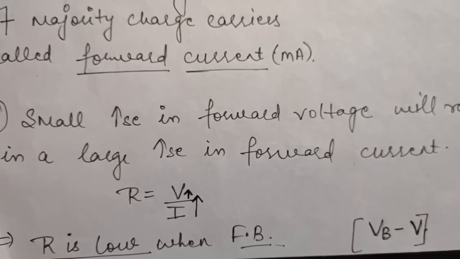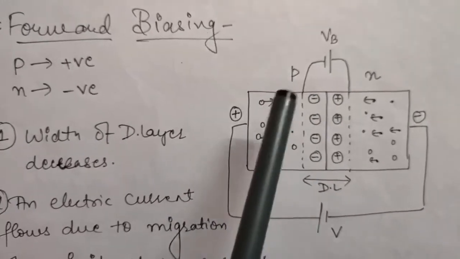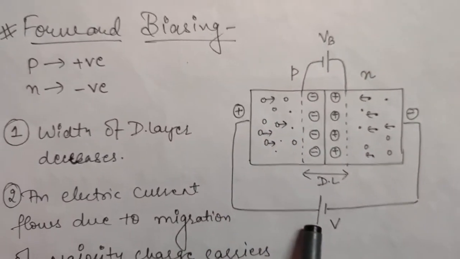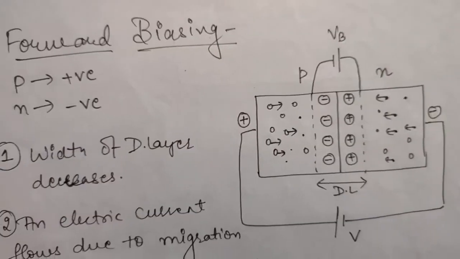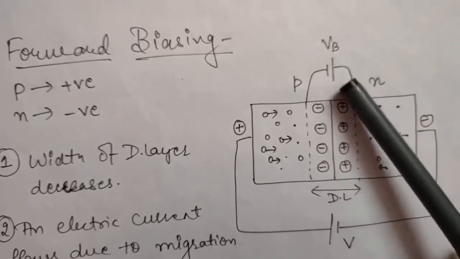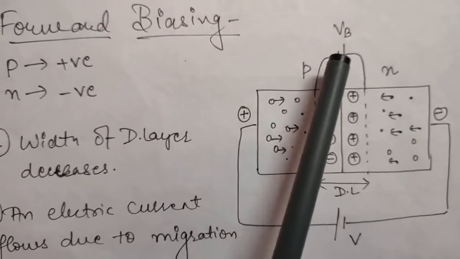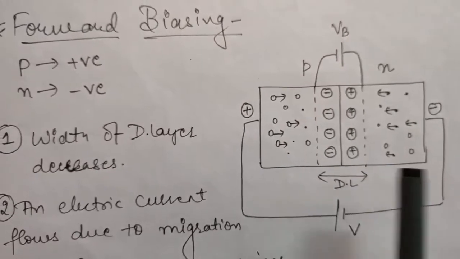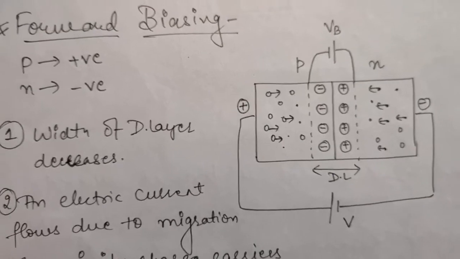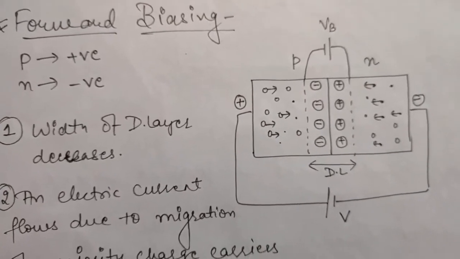What do we mean by this is, as you can see clearly here, this VB and this V are opposite, that is its negative terminal is here on the left side and it has its positive terminal. That means the resultant voltage in forward biasing will be the subtraction, that is VB minus V. Or you can say that the potential barrier of this PN junction is opposing the forward current. Okay, so the resultant voltage will be VB minus V here, and this potential barrier will be opposing this forward current. Okay, so this was all about forward biasing.